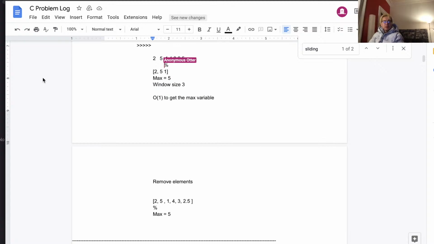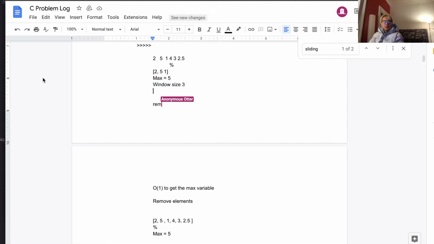So now we reach a point where our window size is now 4. We're going to have to pop off the first element, right? Remove elements. What does that entail?